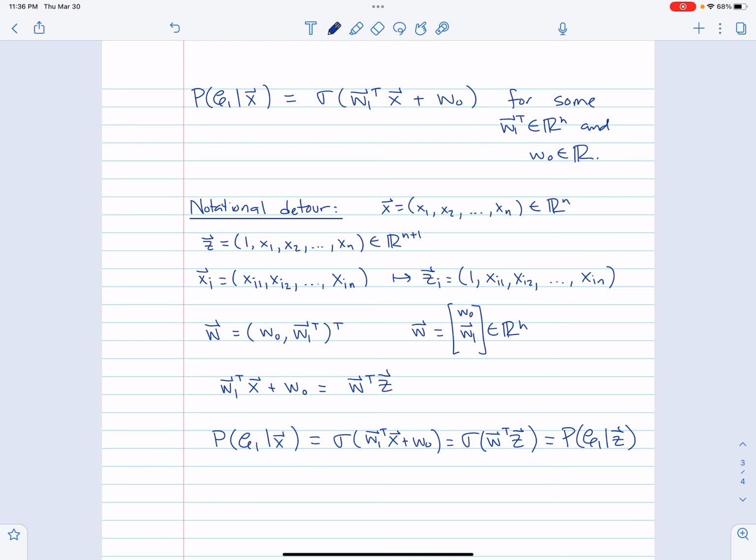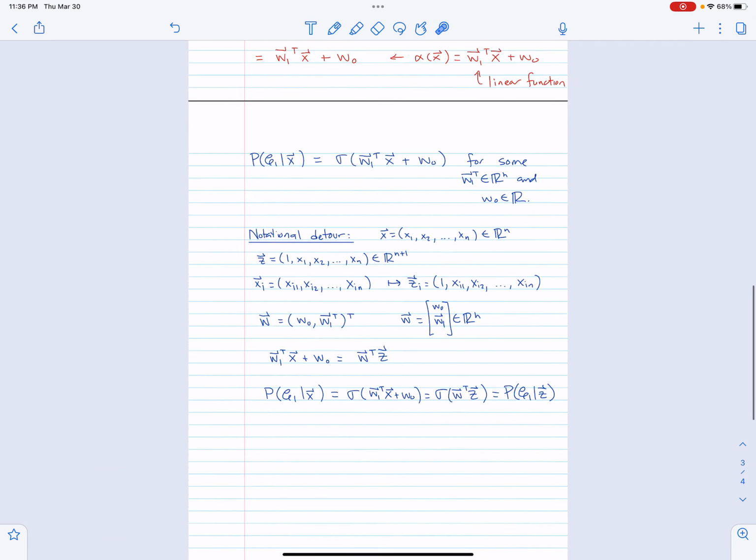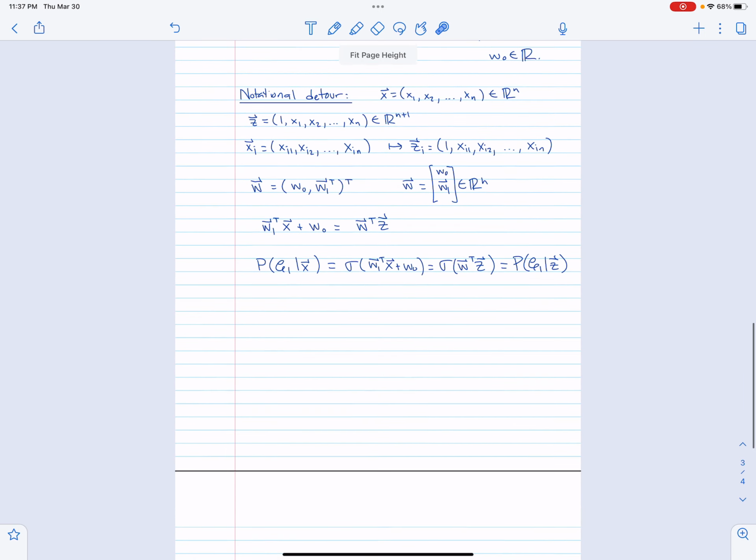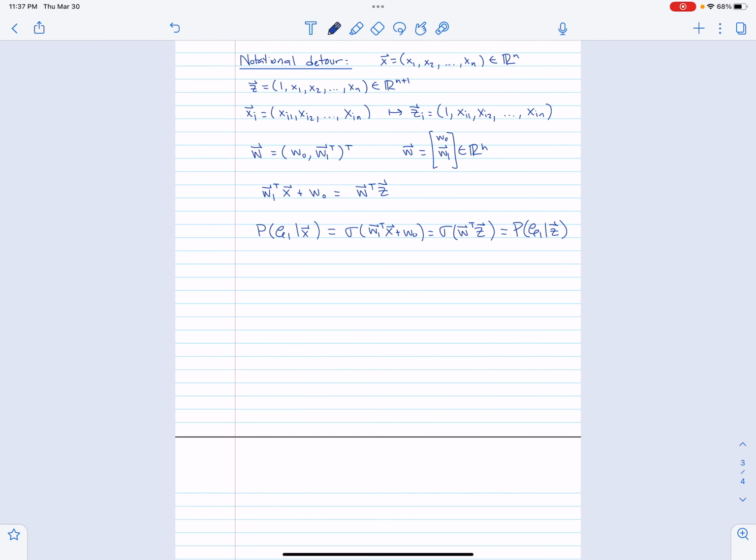All right. So now, if we want to find this w vector that we're looking for, we need to know what we're trying to minimize or what we're trying to maximize. Okay? And so, what is our loss function going to be? Well, to write out the correct loss function, we can again think of it in terms of maximum likelihood,